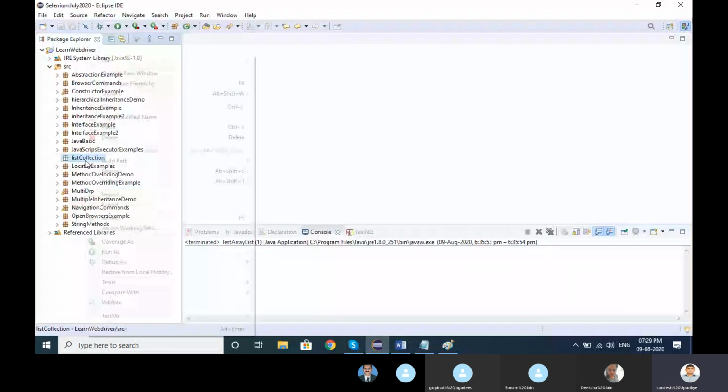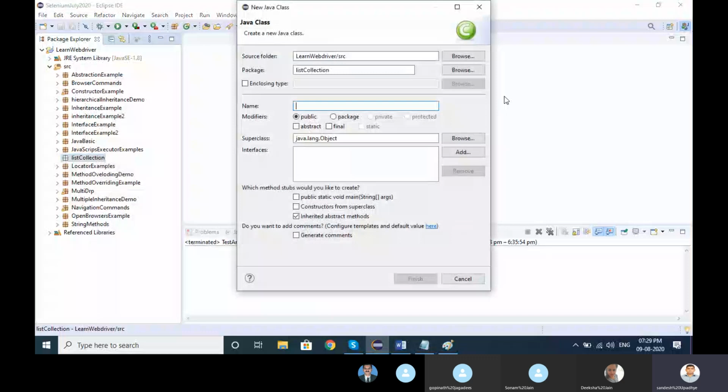Let me create one class, TestArrayList. When we create a package, the first letter is small, and when we create a class, the first letter should be capital.